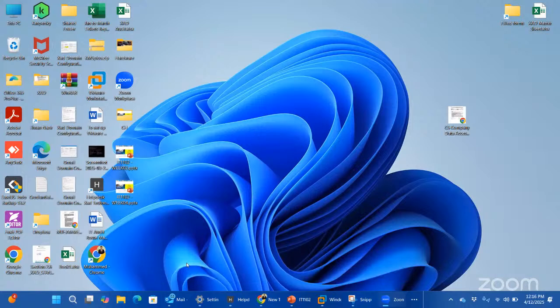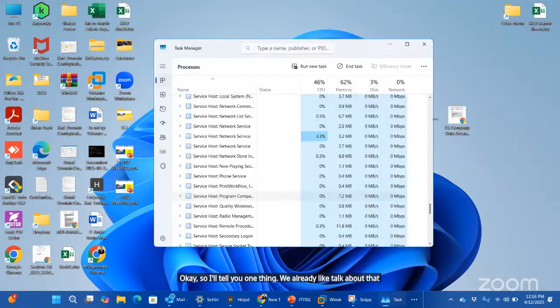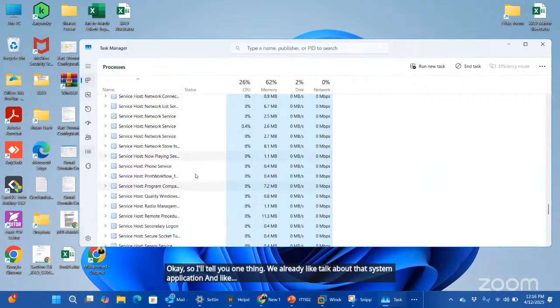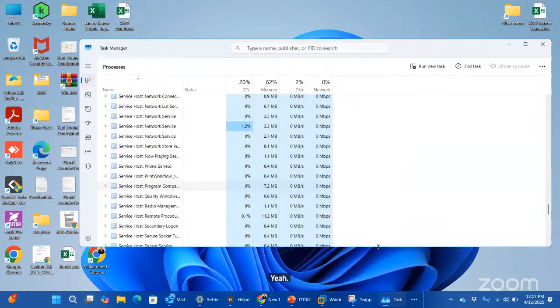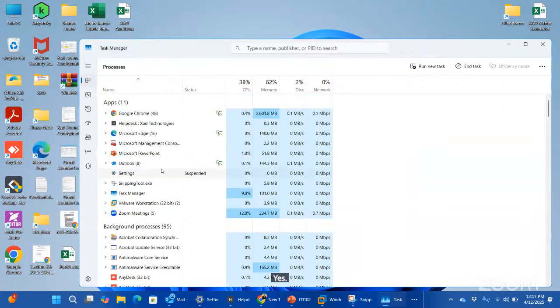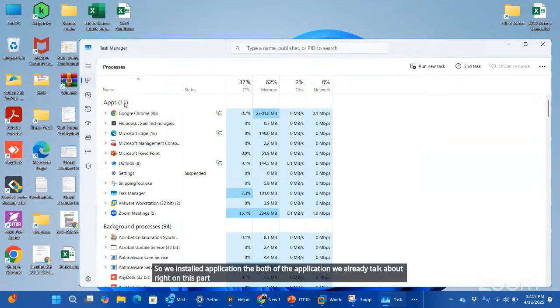Okay, I'll tell you one thing. We already talked about system applications and third party applications, right? Installed applications. The both of the applications we already talked about, right? Yes. On this part, these 11 applications have been installed from my end.